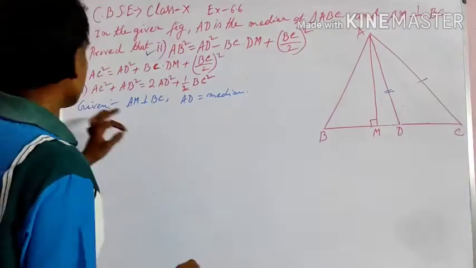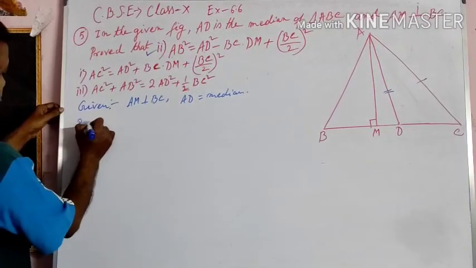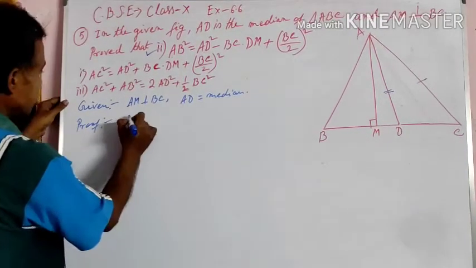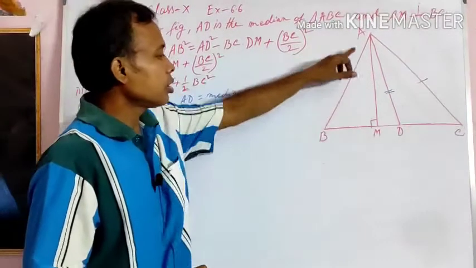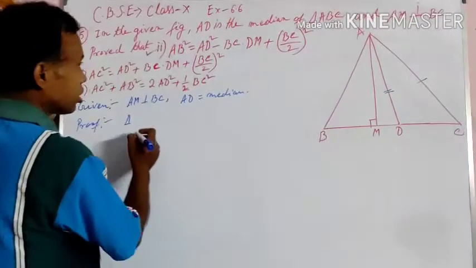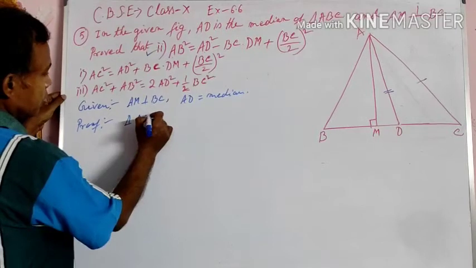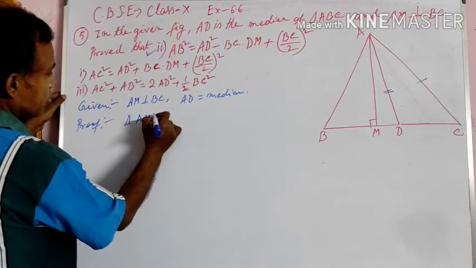Now take the proof. Let us prove it. Triangle AMD is a right angle triangle. In right angle triangle AMB,